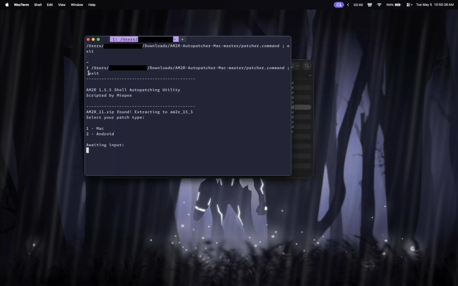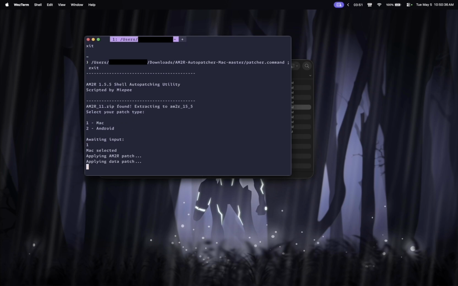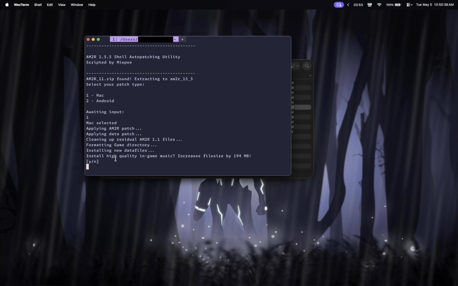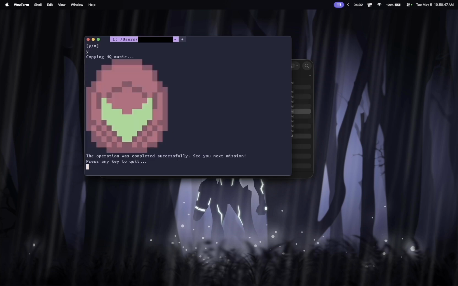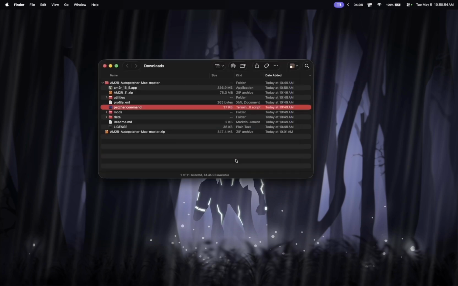And you should see some text like this, where all we need to do is select our patch type. We want the Mac version, not the Android version, so we're going to hit 1. Then it will ask if we want to install high quality in-game music. I think the music is great, so I'm going to click yes, but no will also work. Once you see this big Samus helmet and the operation was completed successfully, hit any key to quit, and you'll see this